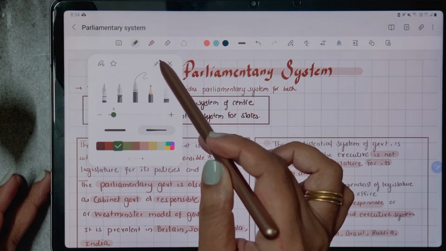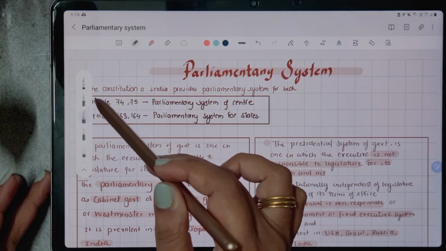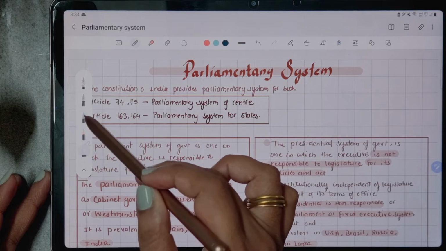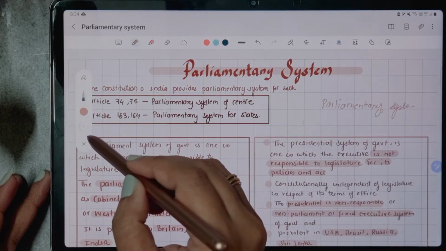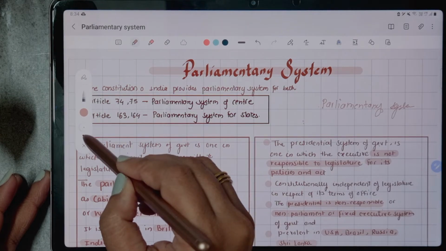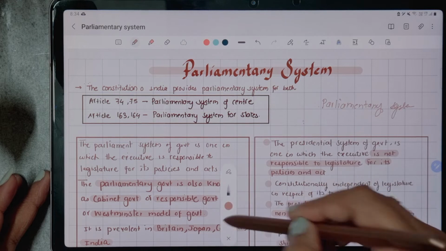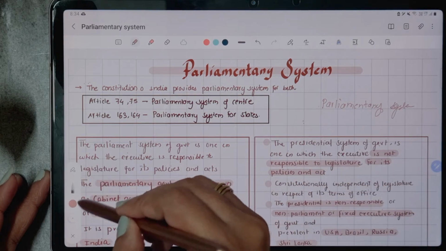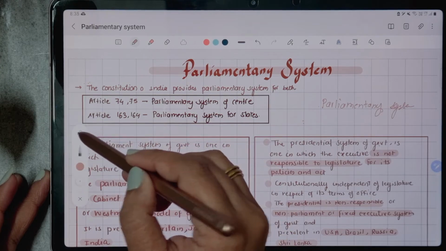Number 8. Shrink pen setting. With this option, it is very much easier to change which type of pen you want to use. You can change the color, its opacity as well as its size. You can add your bookmark pen. You can add or delete your favorite pen size. You can also move it vertically anywhere in the page.